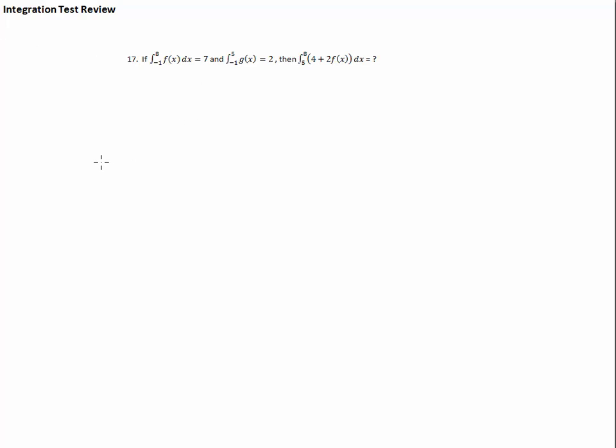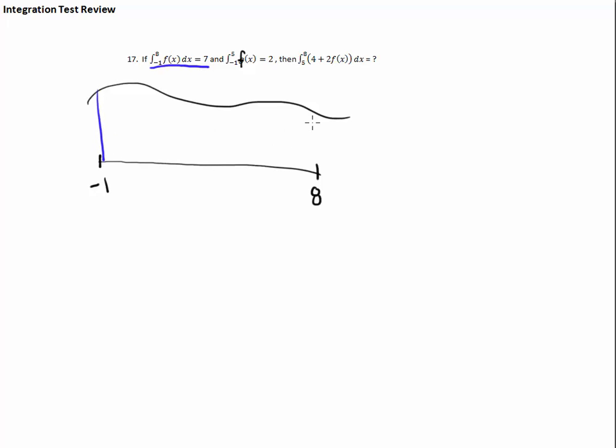I know that if I have the graph of this function, oops, there's another typo. This should be an F. Typos all over the place. It should be an F. I know if I go from -1 all the way to 8 of my function, the area of that, so I'm looking at this one right here. So from here to there, the area